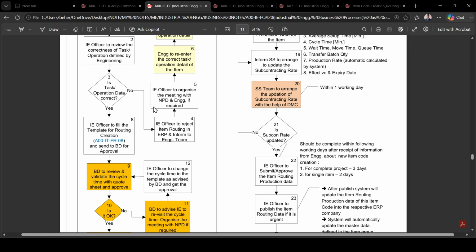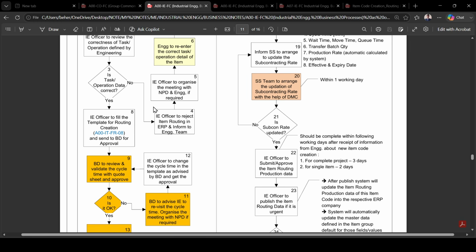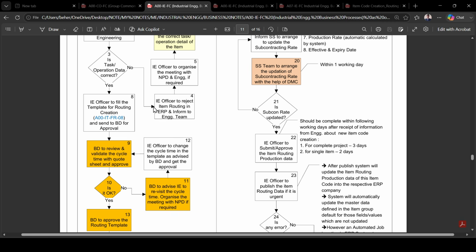If it is no, then inform them to arrange the updating. Is the subcontract grade updated? Yes, then the I officer submits and approves the item routing. Production data should be completed within the following working days